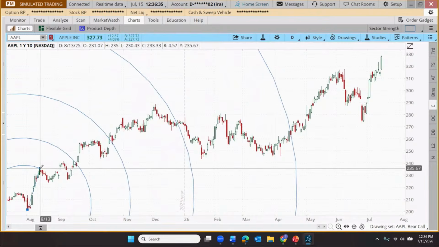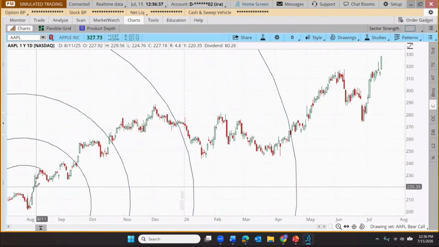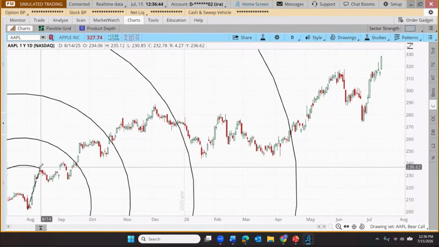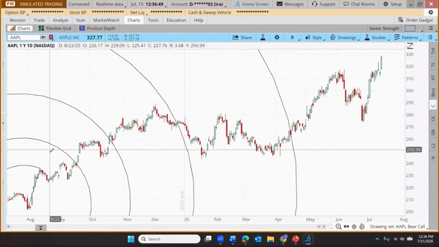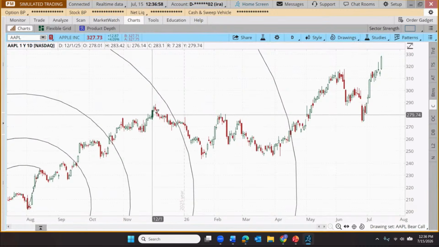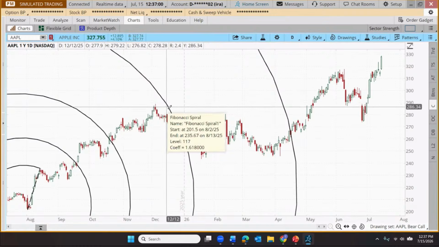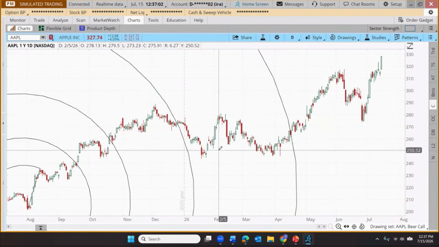Let's just go to the peak here. And what this is attempting to do is apply the logic of the Fibonacci sequence in a very different way to the chart. And a trader might anticipate that as we approach these spiraling, expanding potential reversal points, if a stock has been moving in one direction as it crosses one of those thresholds, maybe it starts to move in the opposite direction, and so on. Does it always adhere to that? Nope. But that's the concept.